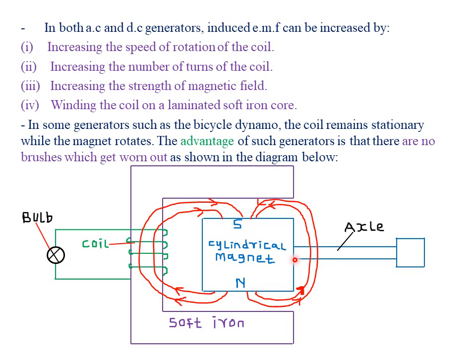Remember, the rotation of the bicycle dynamo is done by the rear wheel of that particular bicycle, such that as you cycle, the back wheel or the rear wheel of that particular bicycle gets in contact with the axle, which starts rotating, hence rotating the magnet, which was positioned in such a way that as it rotates, its magnetic field lines meet with the conductor within that particular bicycle dynamo at right angles, hence inducing some EMF which is used to light maybe the bulb in that particular